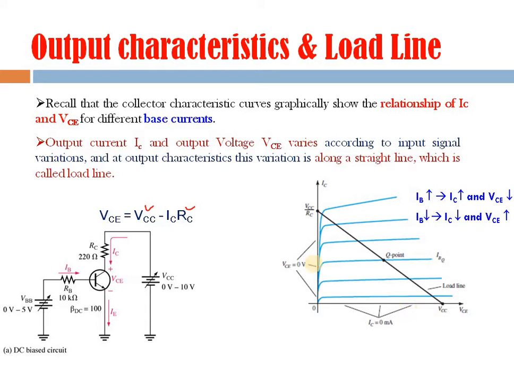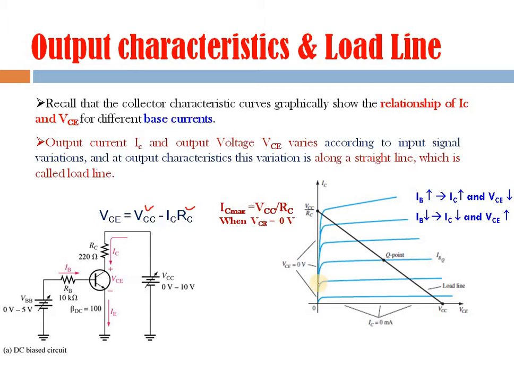Now if we want to find out how much is the maximum current and how much is the maximum voltage along this load line, we can find out with the help of this equation of straight line. The highest current is in the case when the output voltage is 0, because we are on the y-axis. If you put VCE equal to 0 here, then IC will be VCC by RC. So that is the highest current here. If you want to find out the highest voltage, then for that purpose what do we have to put?